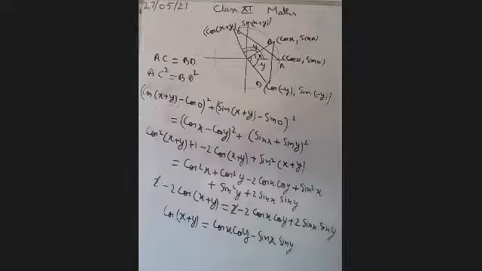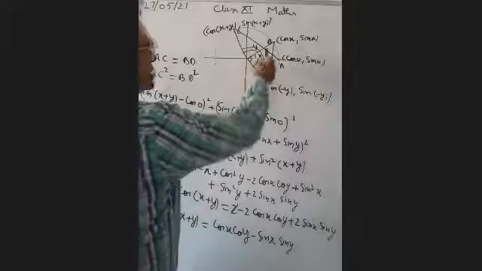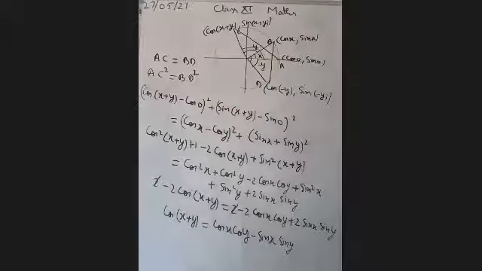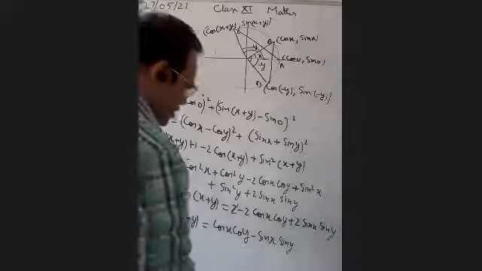This is the method of proving this formula. This formula will give you a lot of formulas. What we have done: equal angles make equal arcs on the circle, equal arcs make equal angles, equal arcs make equal chords, and equal angles make equal chords of the circle. These are theorems you have done in 9th class. So we have used one of them. From the formula we have derived here, we can form so many formulas.